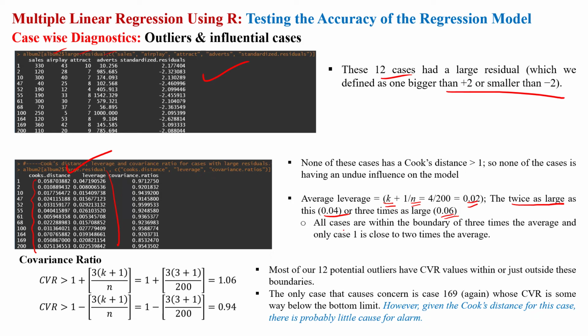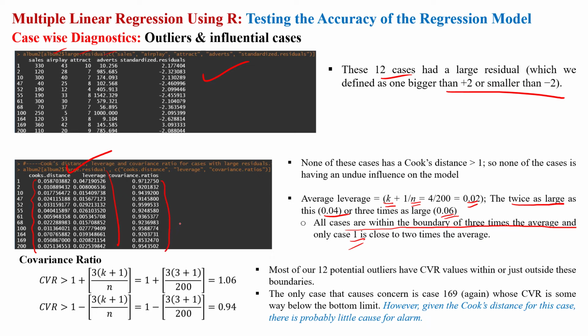As you can see, all the cases are within the boundary of 3 times the average, which means all the values are less than 0.06. Only case 1 is closer to 2 times. So we can say there is no need to delete any particular case, or